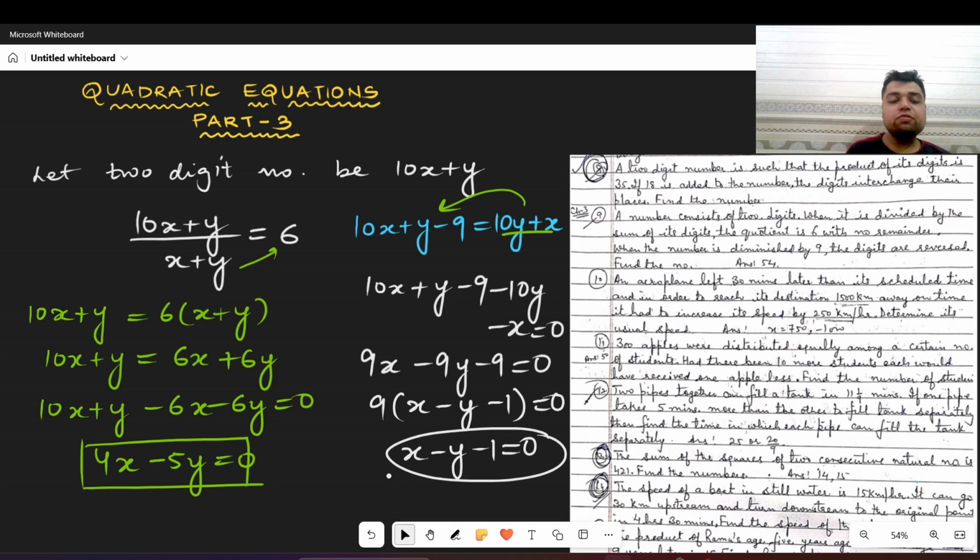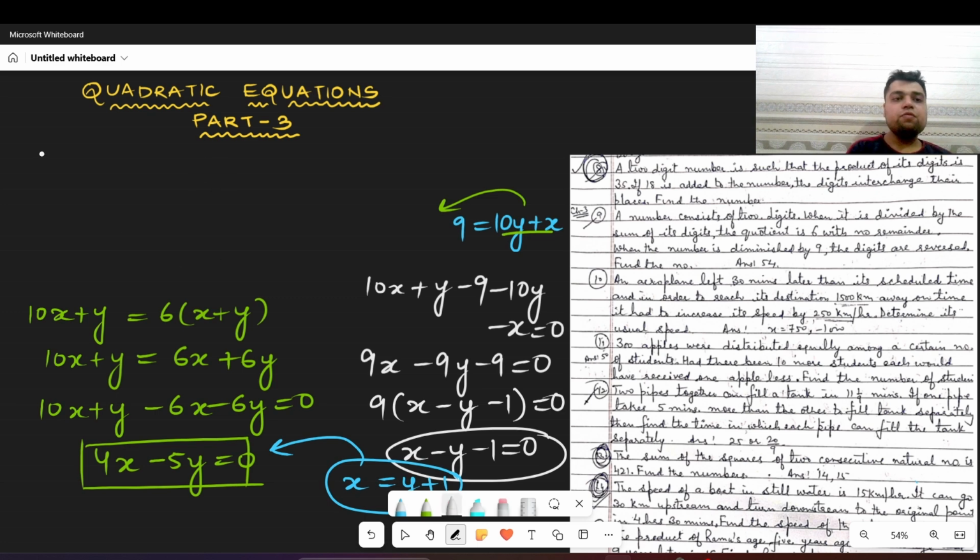So remember, we are talking about a quadratic equation, so we need to convert all the things into one variable, right? So I can take the value of x from here. x will be what? It will be y plus 1. So I will substitute this value here. So the equation now will become